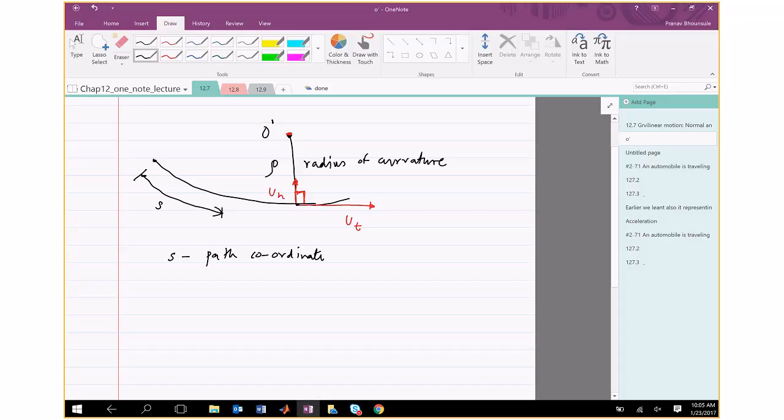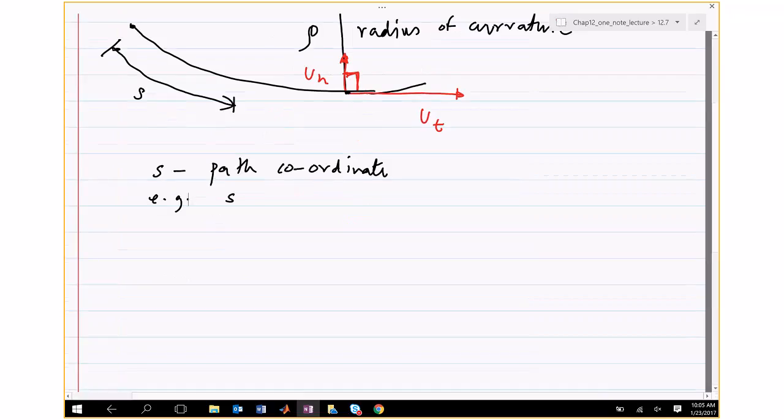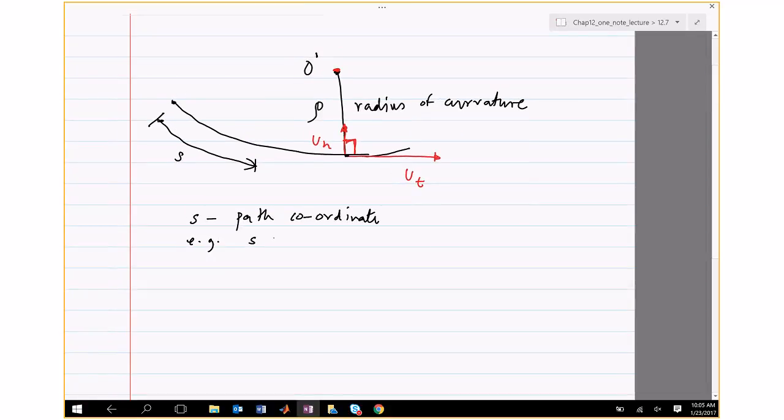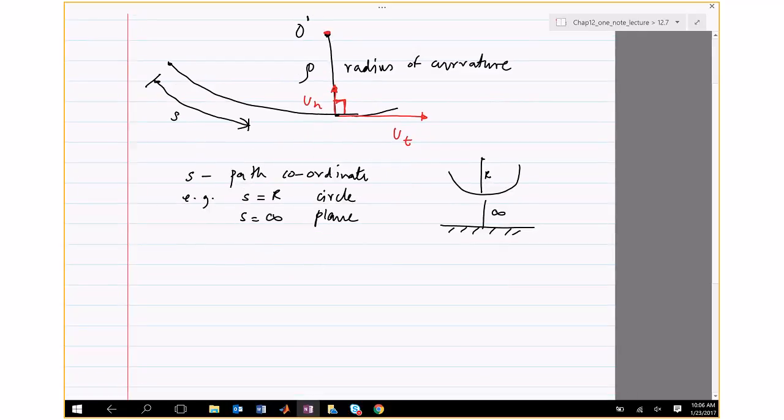Okay, so as I said, example, rho is equal to r for a circle, rho will be infinity for a plane. Okay, so circle, that's r. For plane, it's going to be infinity because the radius is at infinity. Okay, so once we have that, then just like we express the position,